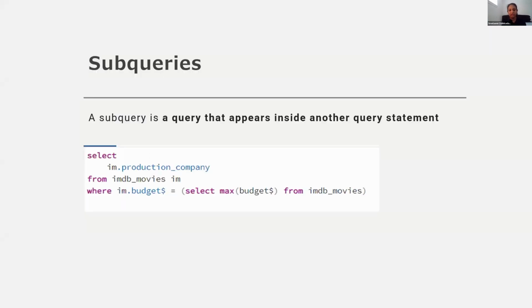Subqueries. So subquery is a query that appears inside another query statement. So this is how a subquery would look like. This is our main query, and whatever is in the where condition here is the subquery. So subqueries can be used inside a where condition. It can be used as a join inside the joining condition, and it can be used in the select clause, which is something like